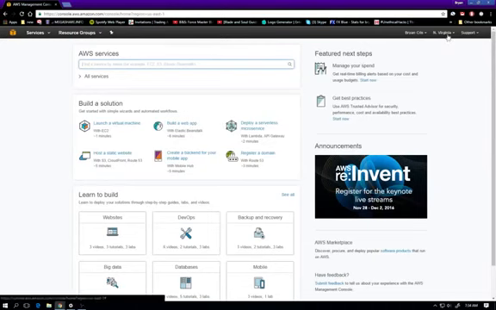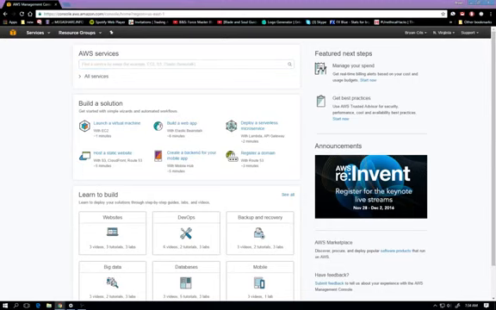Okay, so I picked North Virginia, reason being that I think Ohio to New York is just, any way you look at it, a little bit farther, and the Oregon one's on the other side of the country. That's actually West Coast. Once you've done that, it's going to have you sign in one more time. You'll get to a screen that says sign in or create, so just go ahead and sign in again, and then you're going to get to here.